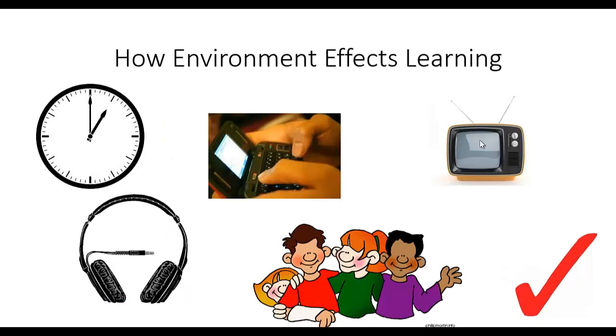So another thing we want to look at is how environment affects learning. This comes within the nervous system. What works better for you? Everybody kind of works differently, but obviously if we've got our friends and we're studying late and we're listening to music and we're texting and we're watching television, whatever else might be going on, and we're trying to learn that lesson that we need to study for that test or whatever it is that we may need for the next